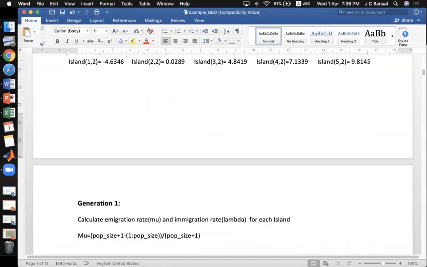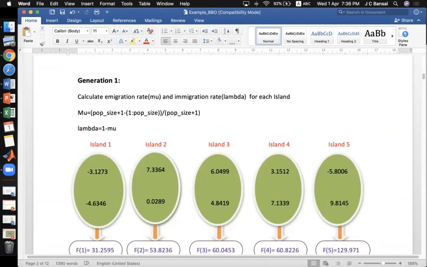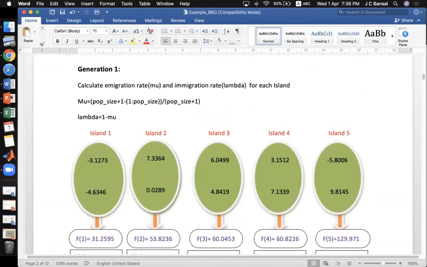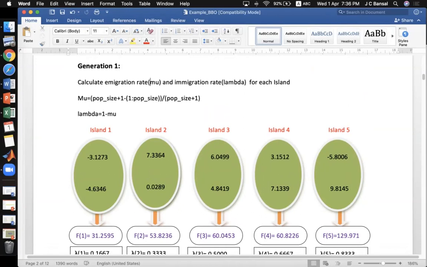Yes, sir. Okay. Now let us start the BBO process, the first iteration or the first generation. Let us start the BBO iterations. The very first step is to calculate the immigration rate and emigration rate, mu and lambda. If you remember the formula for mu and lambda, we will use these formulas, where the population size plus 1 minus 1 to population size, S upon S max. This is your total population size plus 1. So we'll use the same formula there and we'll calculate.